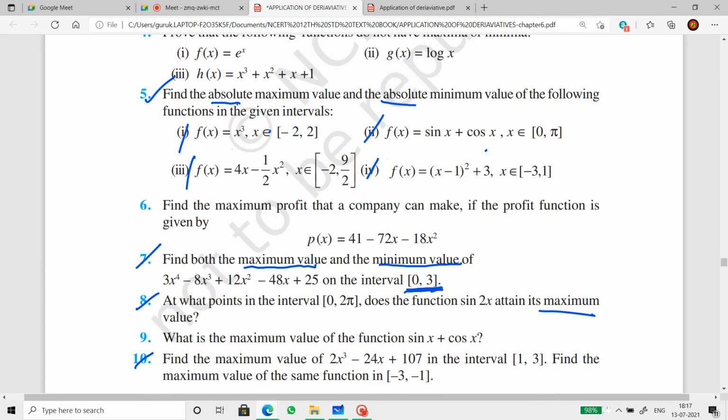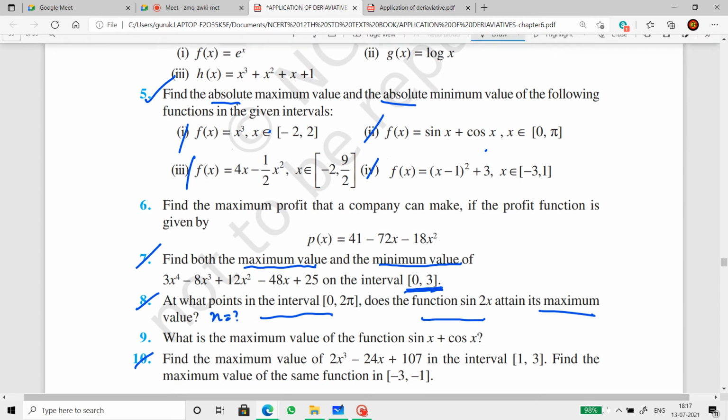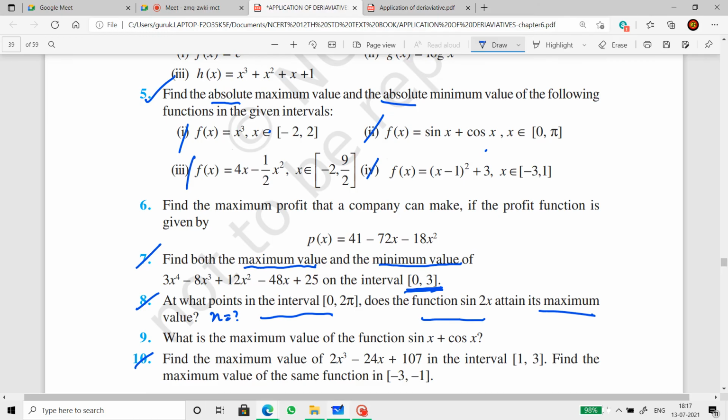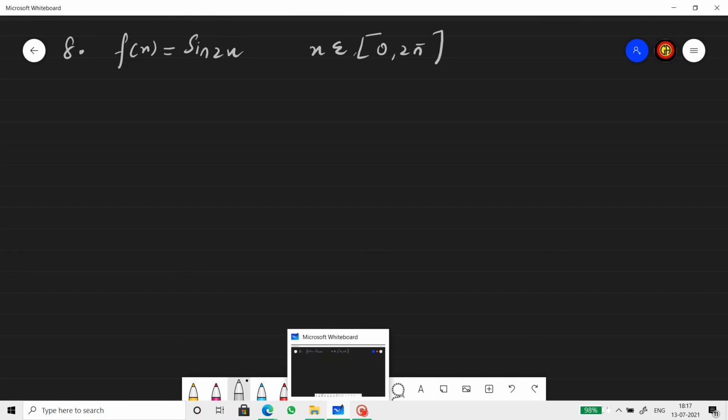Eighth question, at what point in the interval does the function attain its maximum value? So that means they want us to find the x that will generate this maximum value. F of x is sine 2x, x belongs to, see, the question hasn't told us that x belongs to 0 to 2 pi, but always the domain is for x if it is not specifically said for 2x. Always it is for x only. So x belongs to 0 to 2 pi. Solution,